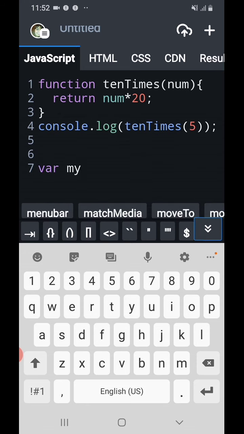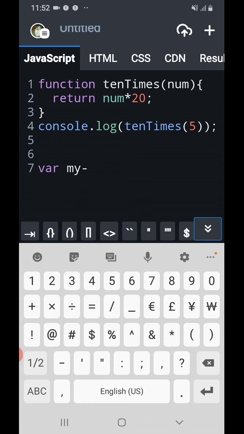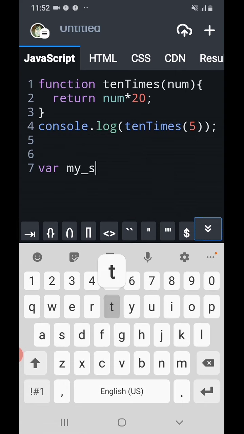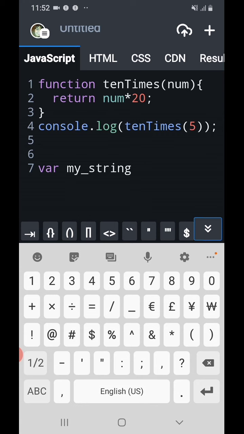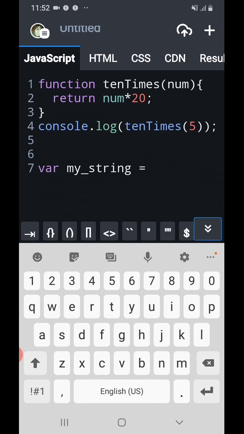Variable my. You're allowed to use underscore in naming variables and functions. My variable called my_string allocated to a function which is called